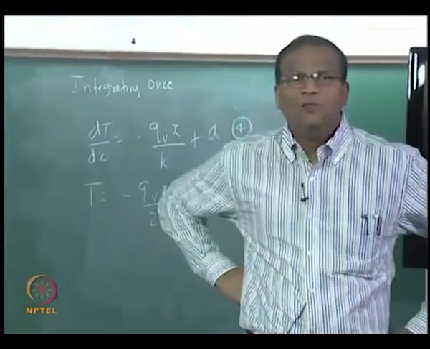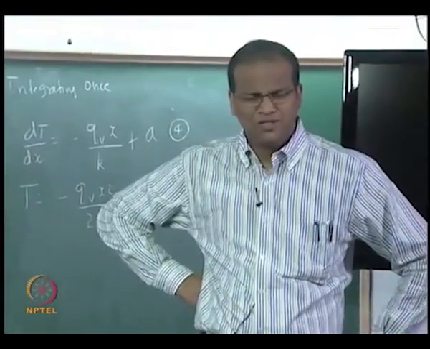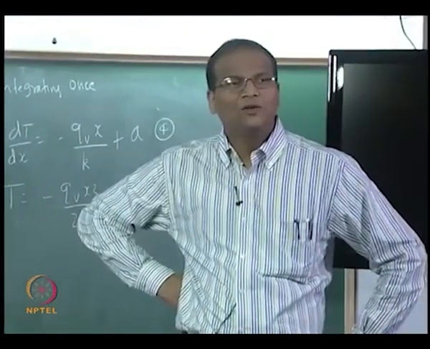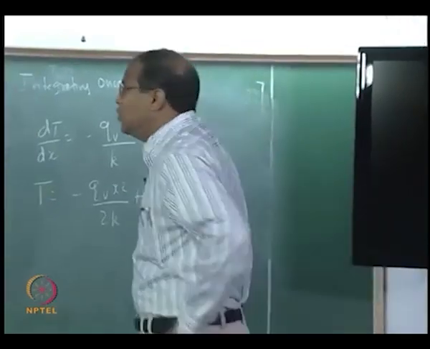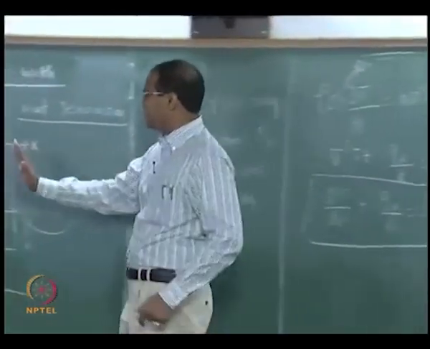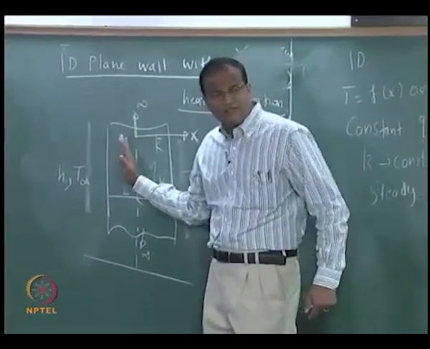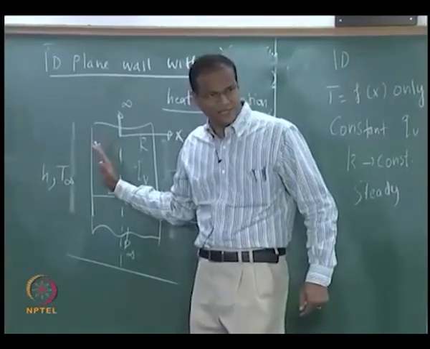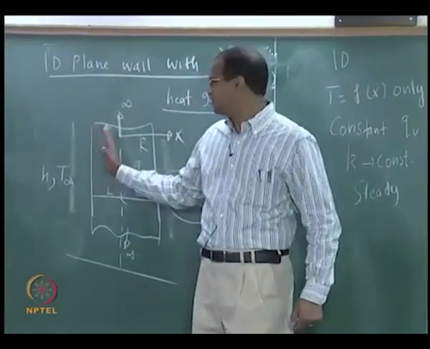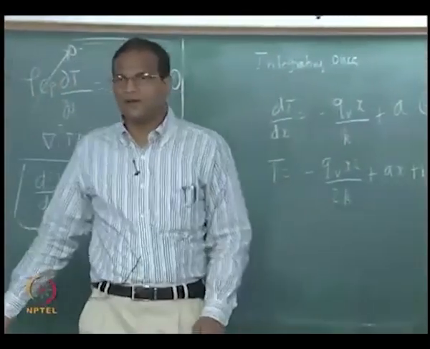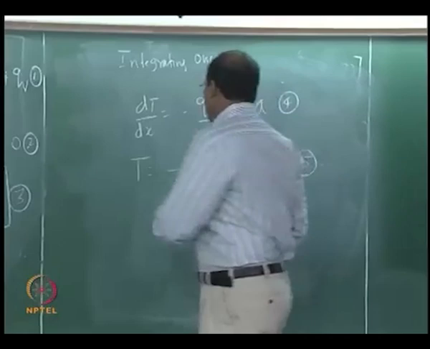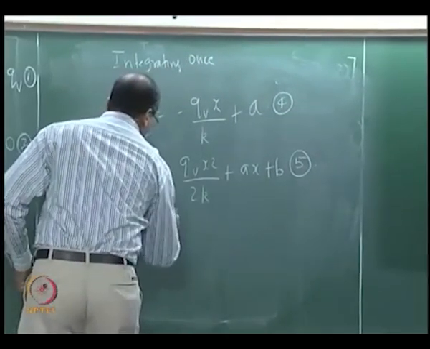Now you will be easily able to see why I took x equal to 0 at the center. Do you expect a symmetric temperature distribution about the center? If you have a symmetric temperature distribution around the center, dT/dx at x equal to 0 has to be 0. Therefore, which term will get knocked off here? A is 0, okay. At x equal to 0,